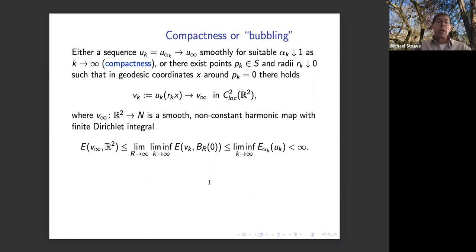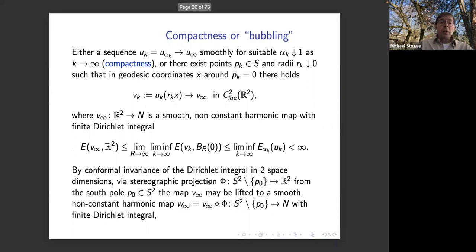So you have a bound by the alpha k energy of the minimizer Uk equal U alpha k for the alpha k energy. So V infinity has finite energy,